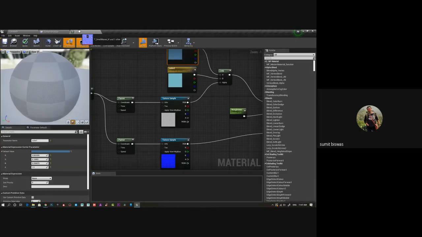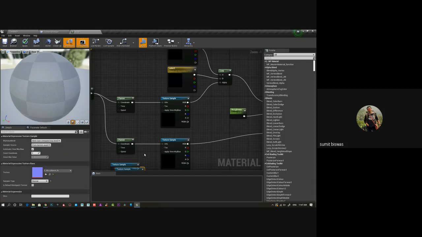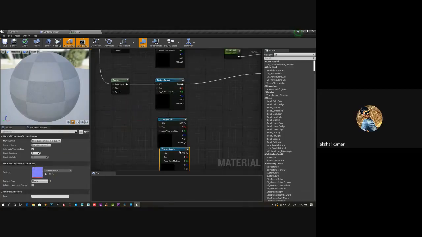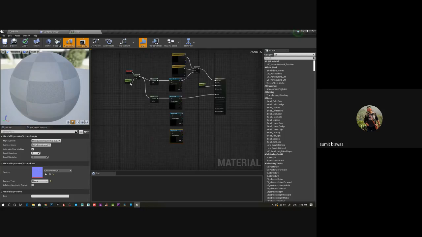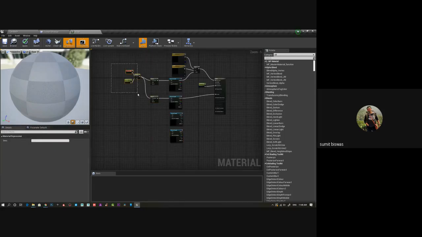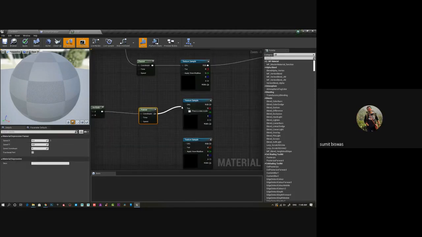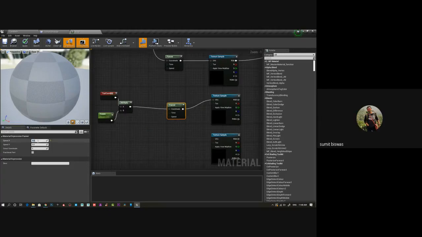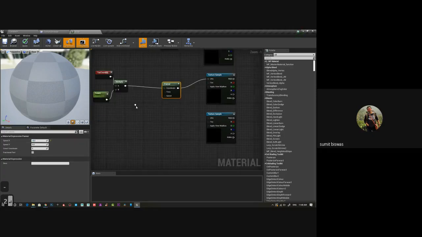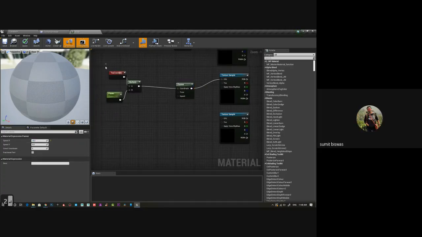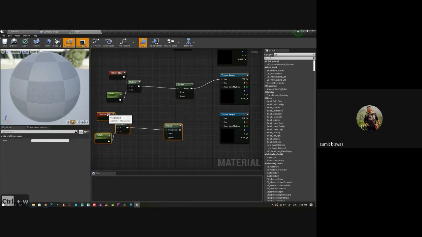Because of this Windows update, it's working really slowly. So what I'll do, I'll just select this and this, Control W, duplicate. The reason is I want a separate setting for this normal. This is 0.2, so I can make it minus 0.2. And controlling this, I can Control W again. For this, I can make it 0, and I can make it like 0.3.